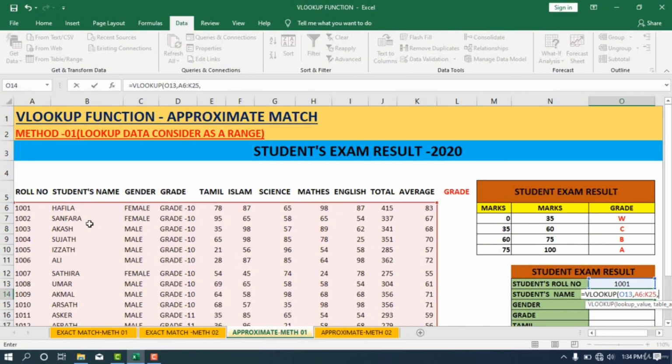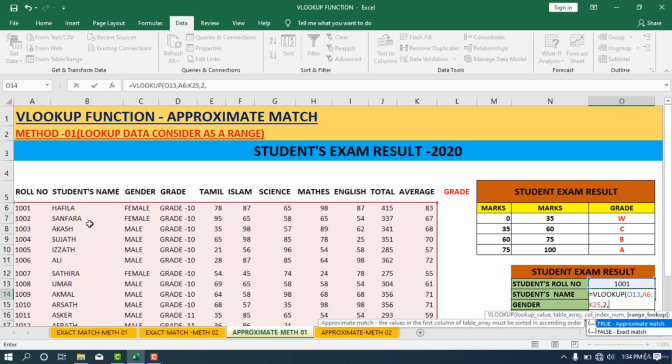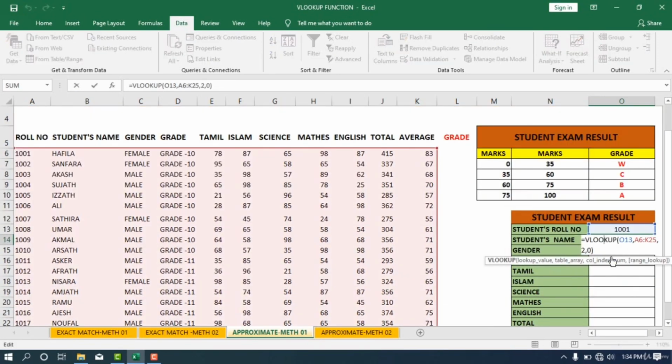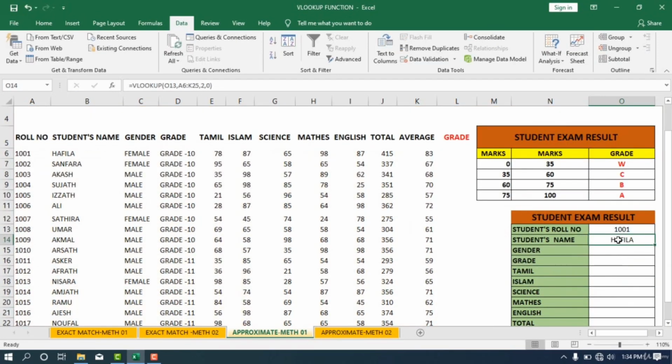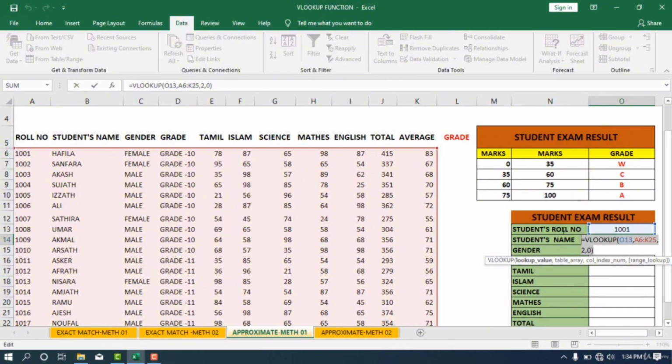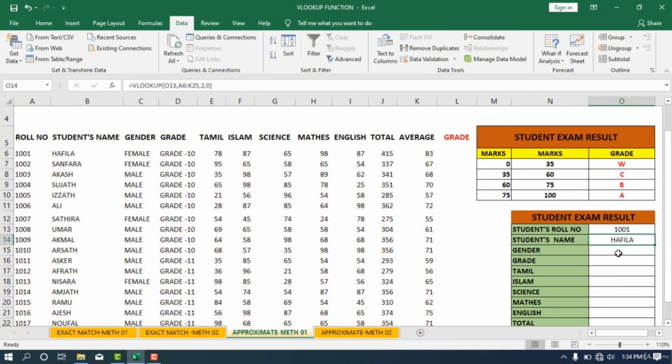So the second column is the student name, comma, approximate match or exact match. I need exact match because what appears in the cell should be extracted here. So I'm going to choose exact match, or otherwise you can put 0, which means exact match. So I'm going to close the bracket and enter. Likewise, you can copy this formula